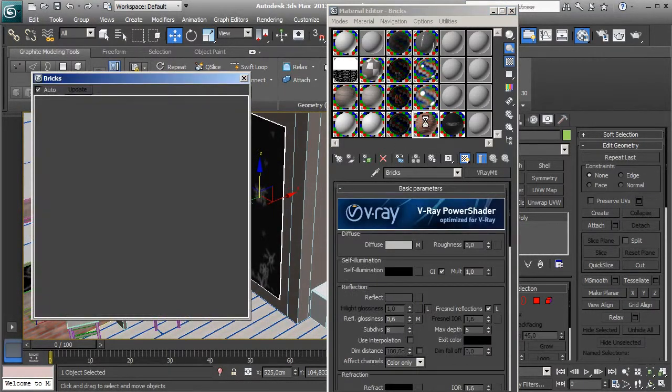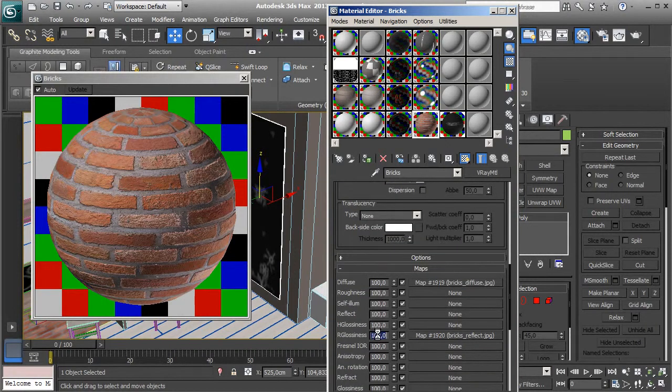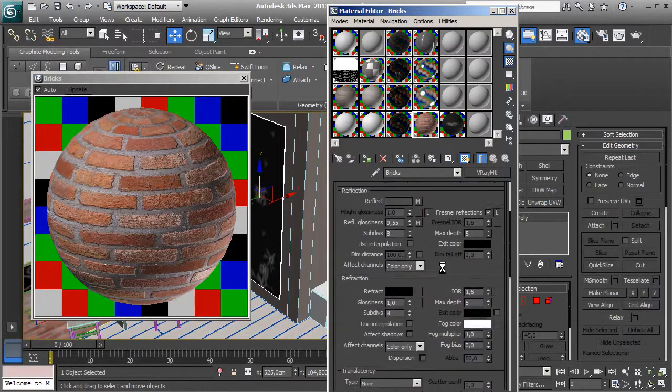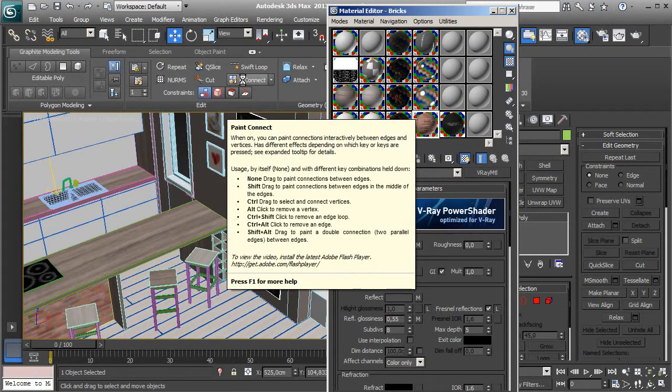Okay, and let's take a look once again on our brick material. Let's change reflection glossiness to 0.5 or maybe 0.55, and let's change this value here to 50. Okay, and let's copy our reflect texture to reflect slot, and let's lower down this value here to 40. Okay, that's it for this lesson. In the next lesson we will finish